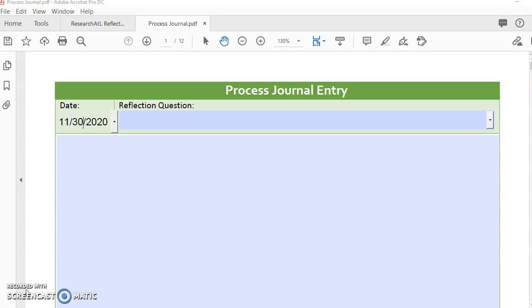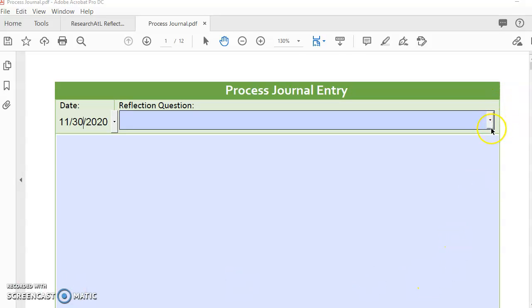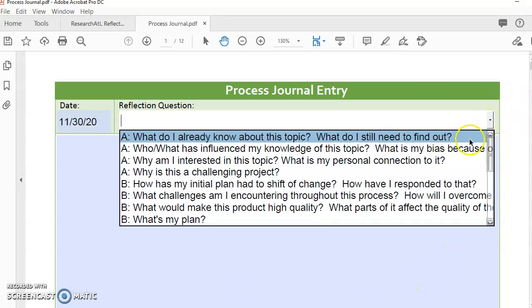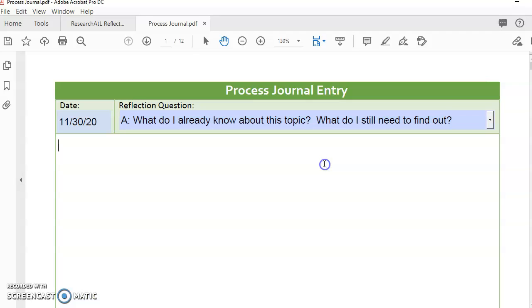So the first thing that we want to do is get into our process journal. The reason that I'm going to my process journal first is because I want to write out some terms that will help me understand what I still need to find out. There are a couple of things that I know, maybe some categories of things that I know I need to know first. So some of those things are